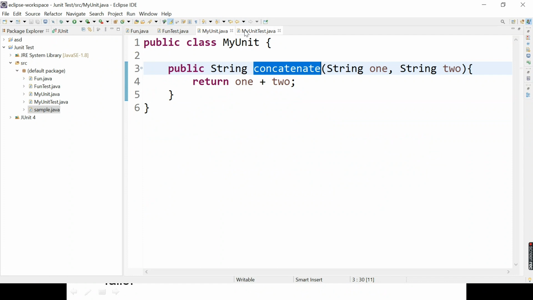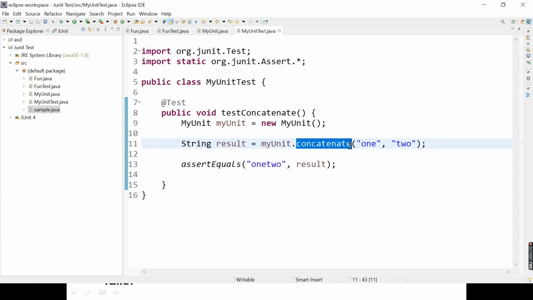It takes two variables, 1 and 2, right? And what you expect is the addition of the two; these are string variables, so the output is 1, 2. This is the expected output of the result.